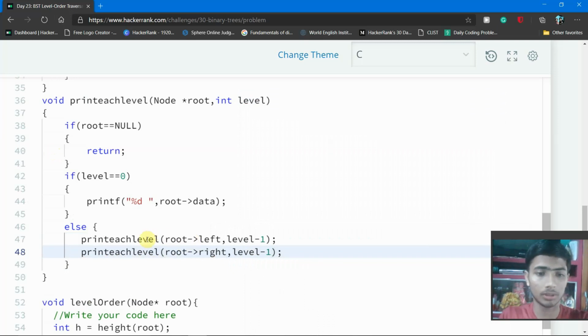So this is basically a recursion, and this is for printing all the elements of the h level.